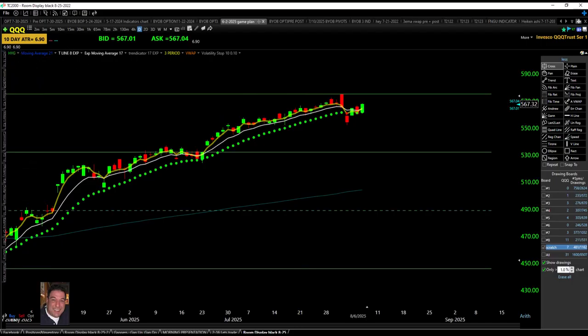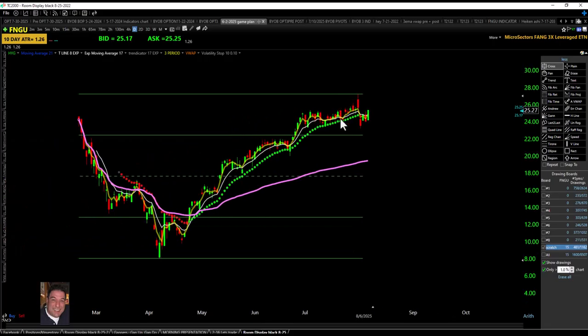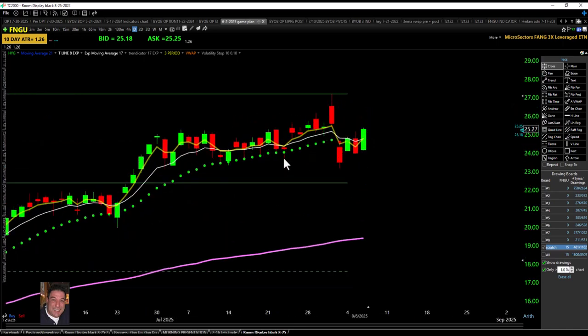There's QQQ. So let's visit FNGU. All right. Still up there in quadrant 4. That's bullish, but in a downtrend. Okay. See, they got a poke right here of the 17, and they made a lower low. It's hardly a valley, but it's a little mini valley made with 3 candles. Okay, so you can see we're in a downtrend, but look, we're not moving down. Okay, that's important. All right, you can be in a downtrend, but if you're not moving down, that label is